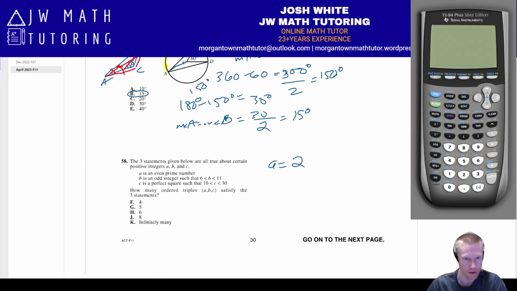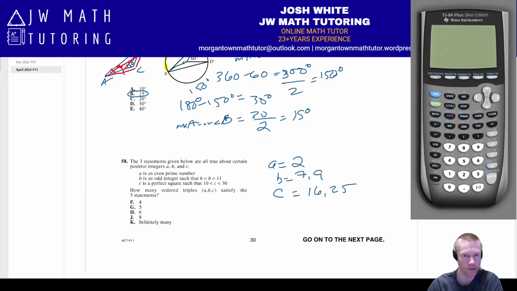Now for B, odd integer between 6 and 11. Well, you have 7, not 8. You have 9, not 10. Okay, and then you're at 11, but B has to be less than 11. So there's two possible values. For C, perfect squares between 10 and 30. So here you might have to think a little bit, but it's just going to be 16 and 25 because